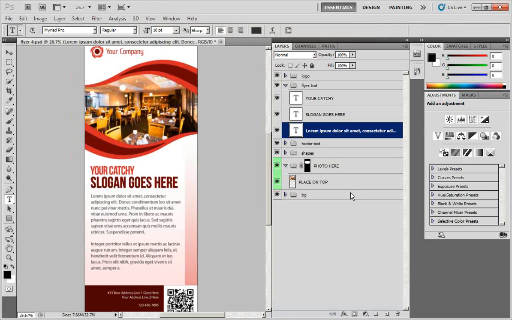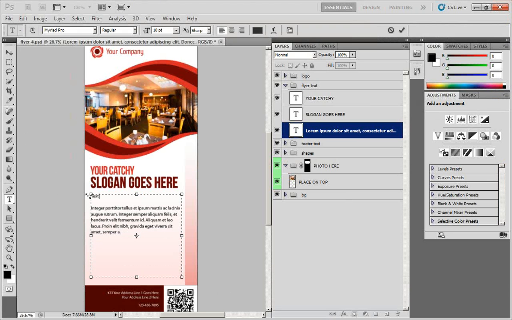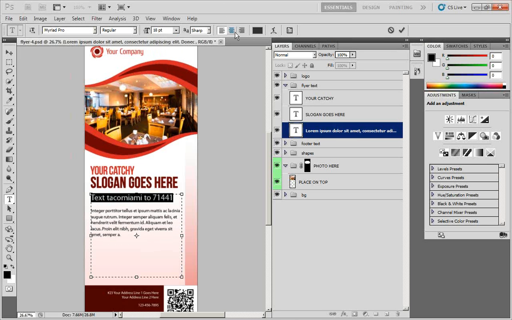right here. Let's go into Photoshop, and there's this lorem ipsum here. Then let's say we would say maybe text for this taco shop. This is a taco shop, so text taco Miami keyword. Text the keyword text taco Miami to 71441, and I would of course make this much bigger, potentially let's say even size 18, center it, and delete all of this, and then put,